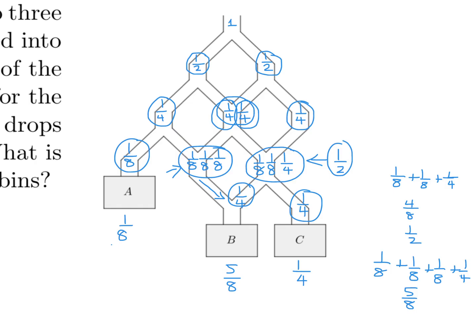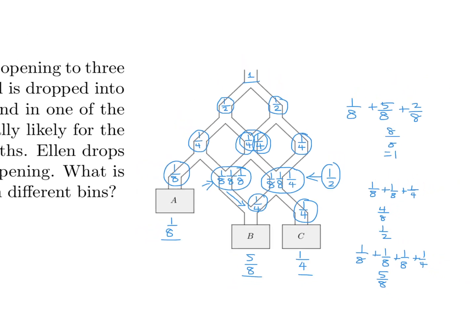And let's just see, this plus this should equal this 1. 1 over 8 plus 5 over 8 plus 1 over 4, which is really 2 over 8. And that does indeed equal 1. Okay, so I am confident that I have done this correctly. Okay, so now